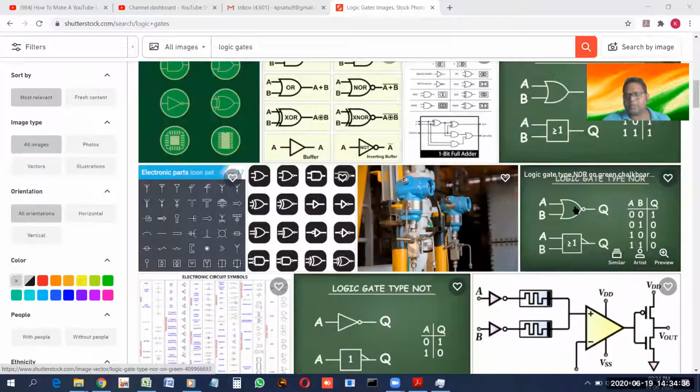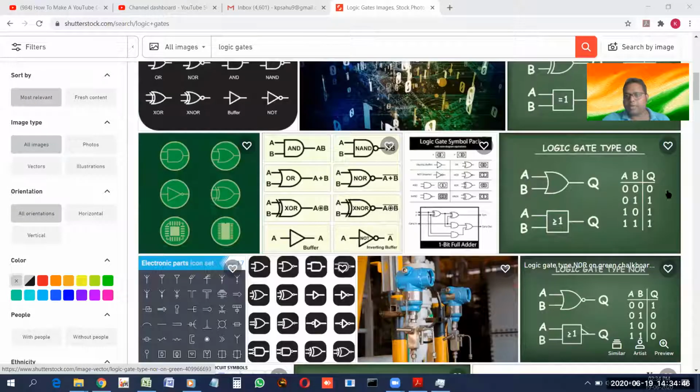This is the NOR gate, not OR. How does the NOR gate work? The NOR gate is just the inverse of OR. Means in the OR case, wherever the result is 0, in NOR it will be 1. See this. In this case, OR is 0. Why is it 0? You know it. But in NOR, it is 1. In all other cases, it is 1. In NOR, it is not OR.